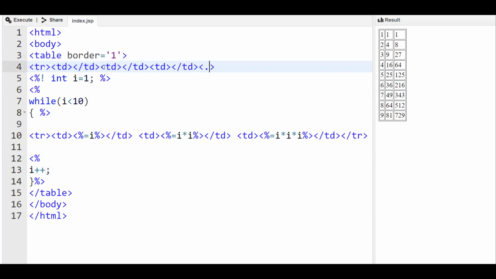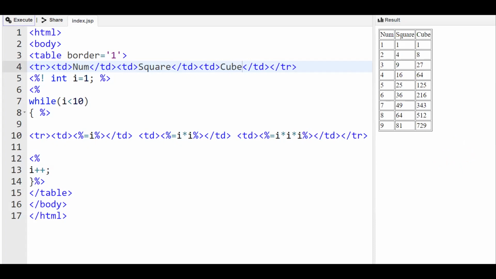Since 3 cells are required, the first one is number, the second one is square, and the third column is cube. Okay, so we got number, square, and cube.